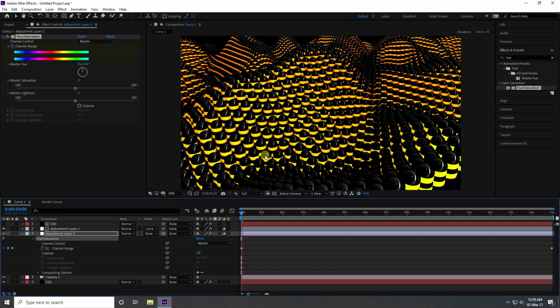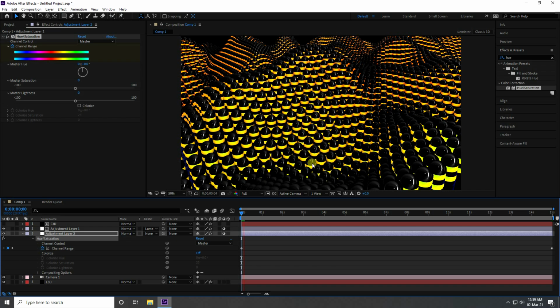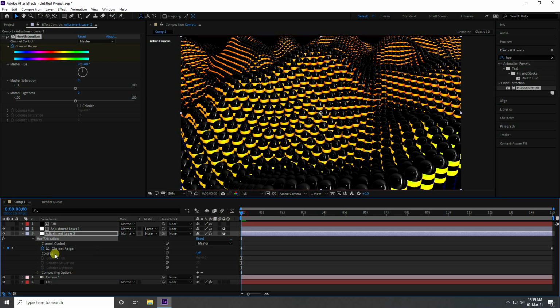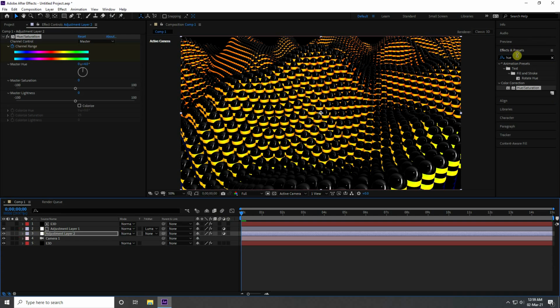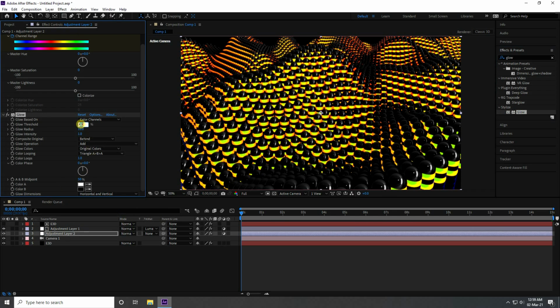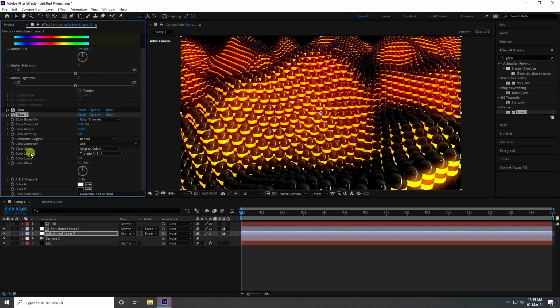Okay guys, it takes too much time for rendering because that's my so much heavy particles. So stop. And now guys, I apply a glow effect on adjustment 2, like 100 and 100. Copy this glow, press Ctrl D, and this time 100 is good, and radius like 50, and intensity 0.5.